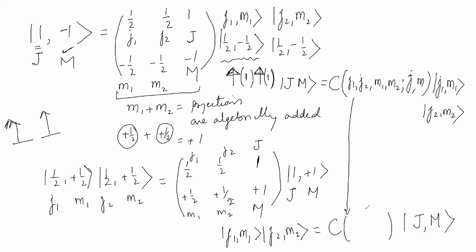Okay, and this is when you have the maximum projection or the minimum projection, the extreme limit I am talking about. Maximum projection means plus half, plus 1. Minimum projection means minus half and minus 1. Then, as we will see in the next class or on Tuesday, this Clebsch-Gordon coefficient will turn out to be 1 if we talk about the maximum projection side.